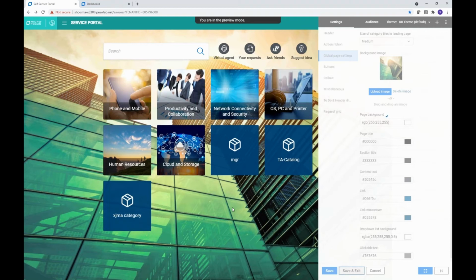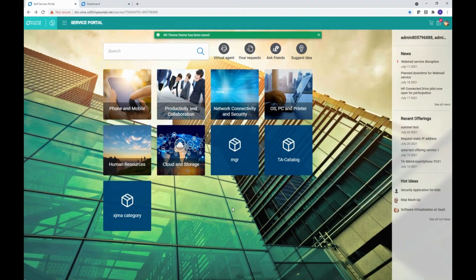So I see a question has come in. Does it mean that there is no service portal settings on the agent interface to define the service portal theme? So there are still service portal settings, but the initial landing page used to be the theme settings, and we changed the default page that you go to. The theme setting page is still there with a note and a redirect to the theme settings on the portal, just to help people who maybe did not watch the webinar or forget what I have said here